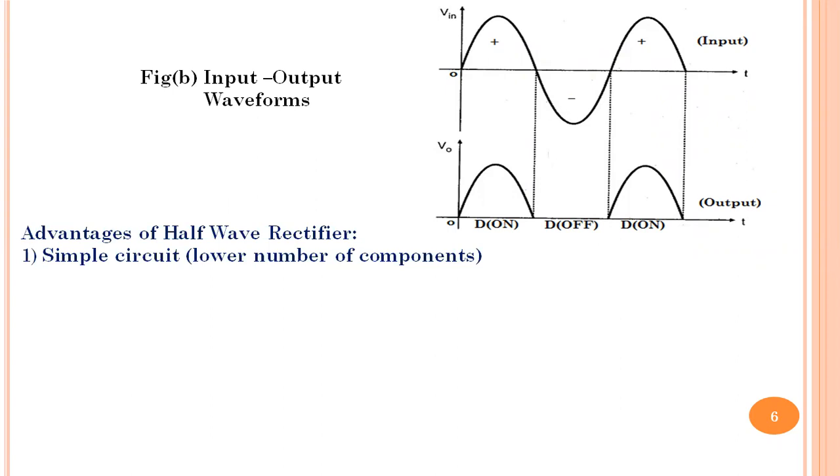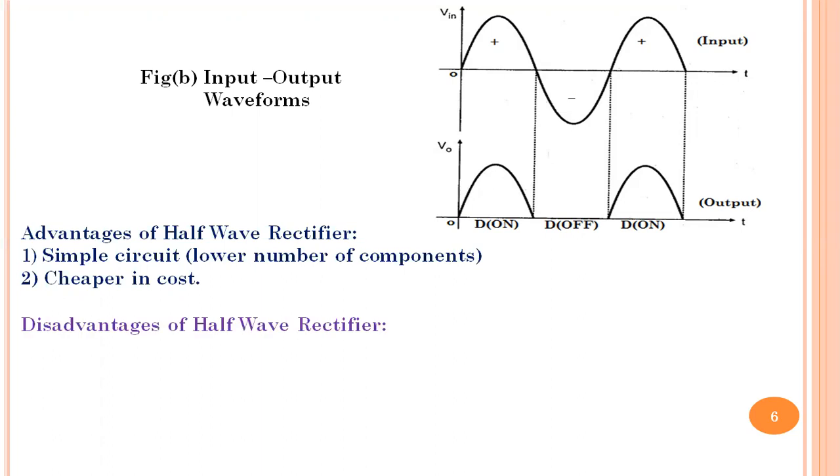So construction can be very easy. Secondly, the cost of the circuit is low because of having a smaller number of components. As we have discussed, if lowering of voltage is not required, then we can construct it with only a single diode without using a transformer. So cost becomes very low as an advantage of this circuit. At the same time, it has major issues, like drawbacks.